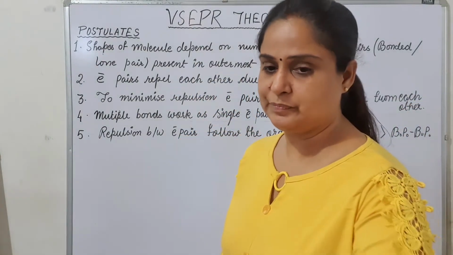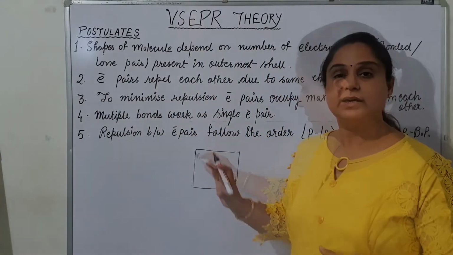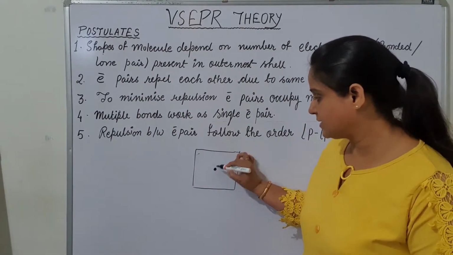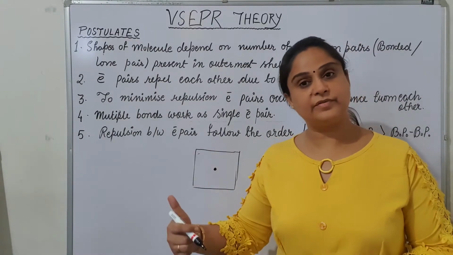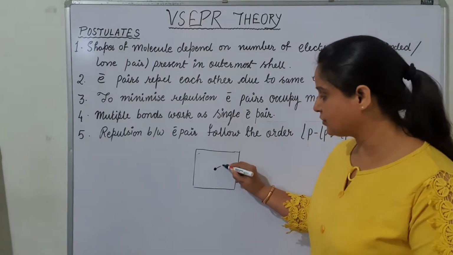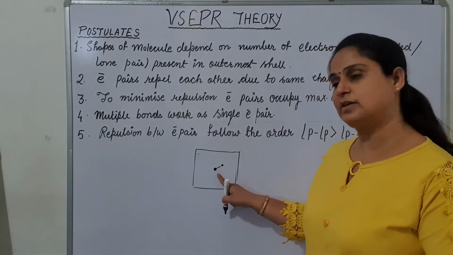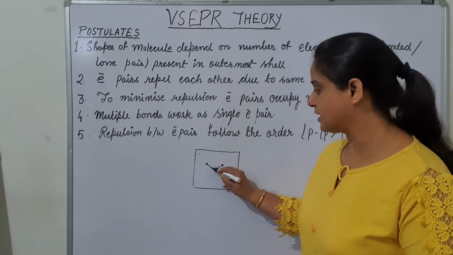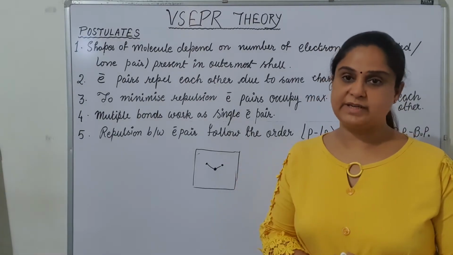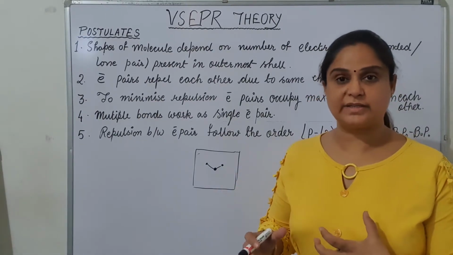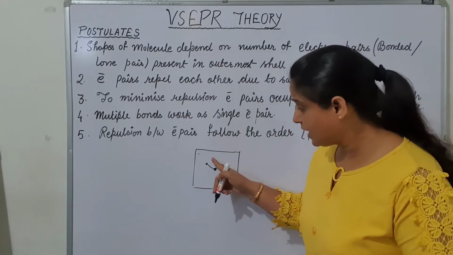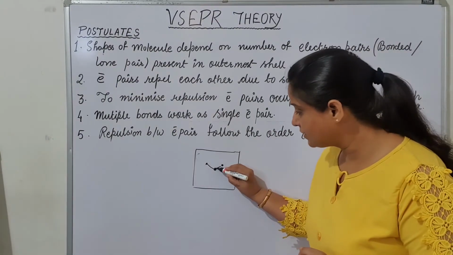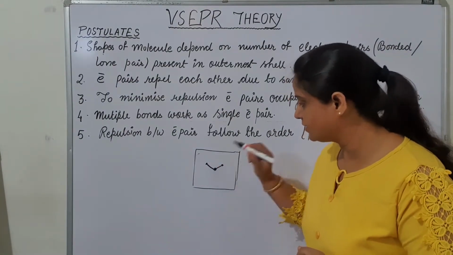Suppose there is a room. This room is provided to you and there is one atom at the center. We have to bond with this atom. Obviously, so I am going to connect another atom with the central atom, and one more atom I want to connect with the central atom. This is one way we can connect these three things together. But the main thing is every atom which is surrounding is connected to the central atom. So we have here this bond pair and we have here this bond pair.